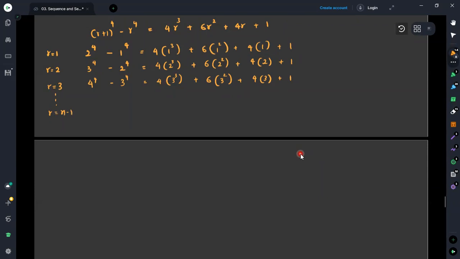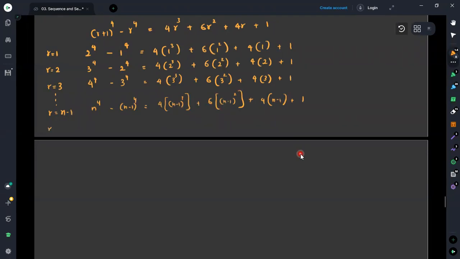Here we'll get n minus 1 plus 1, we'll get n to the power 4 minus n minus 1 to the power 4 equals 4 times n minus 1 to the power 3 plus 6 times n minus 1 to the power 2 plus 4 times n minus 1 plus 1,